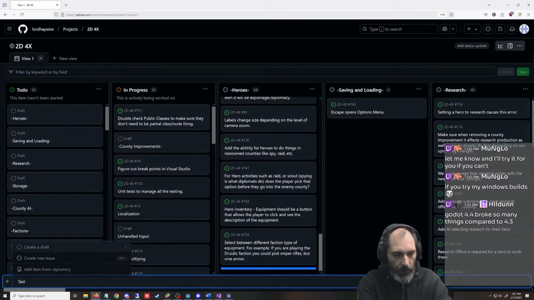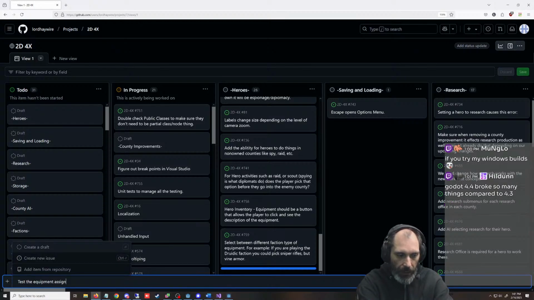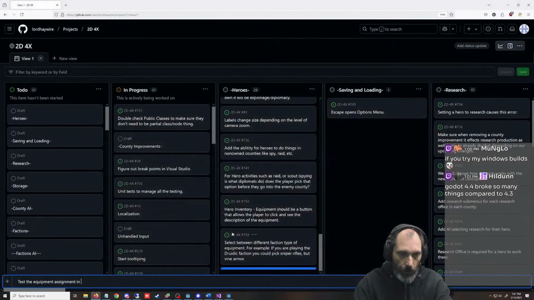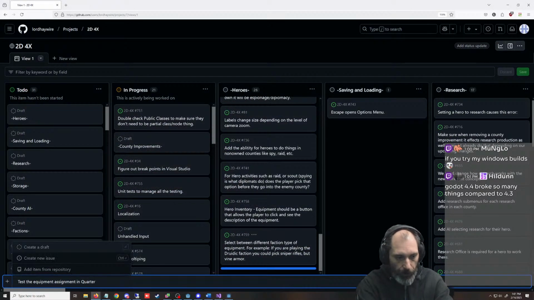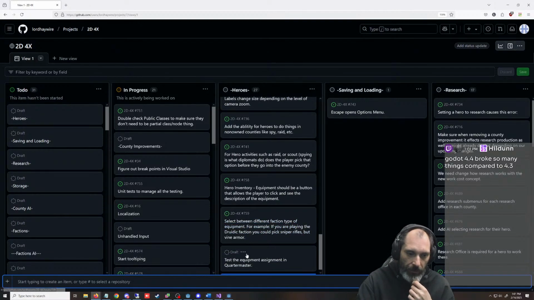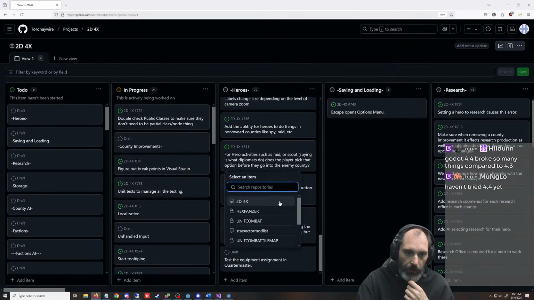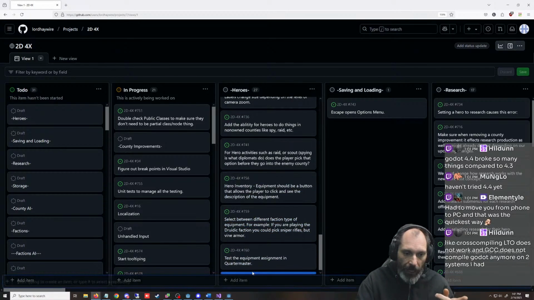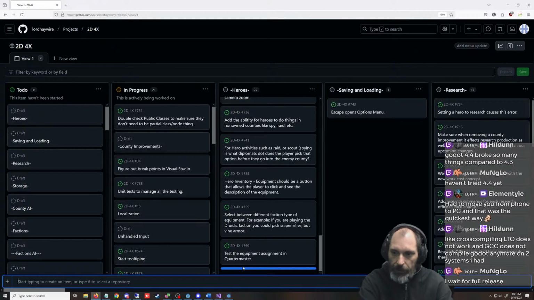We need to test the equipment assignments in, what is this script called? Quartermaster. And that's it for that part. And I guess that's where we're at for this part. No, then I'm going to add another thing. I like checking stuff off.